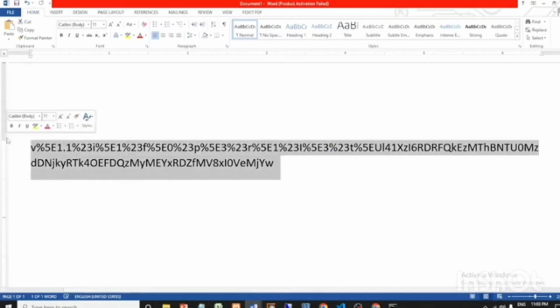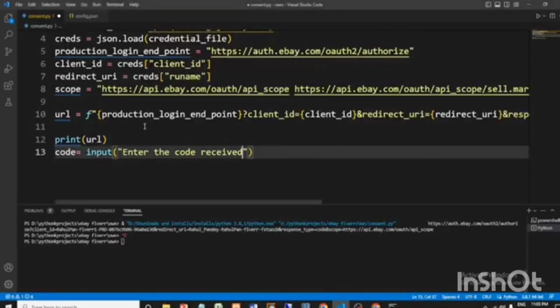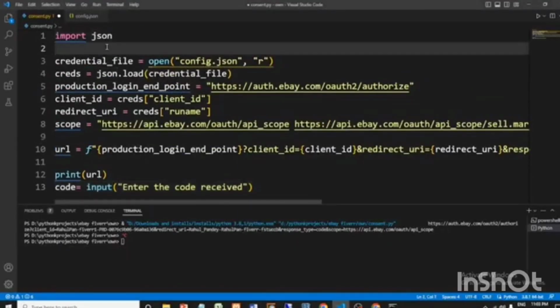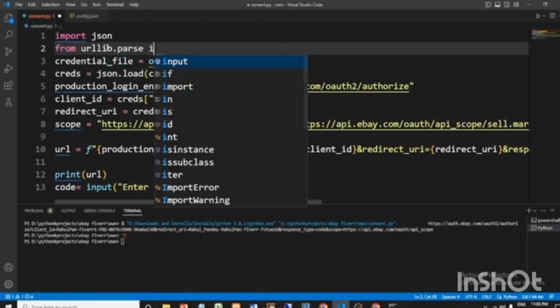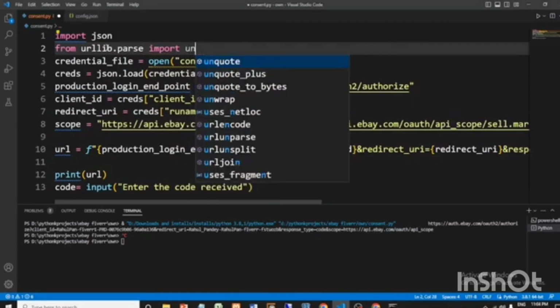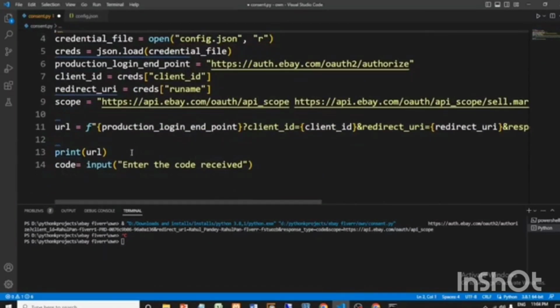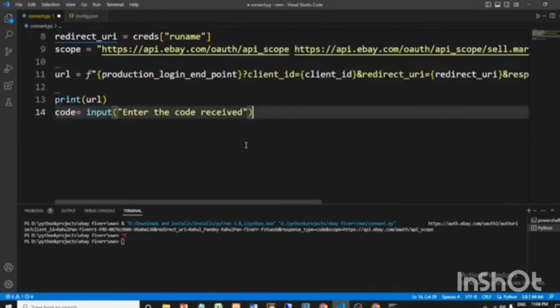So if we want to use it in our application, we need to unquote it. We need to convert it back into the string. So for that we will do import, or not import, from urllib, using the dot parse, unquote. Okay. So if we unquote the code,